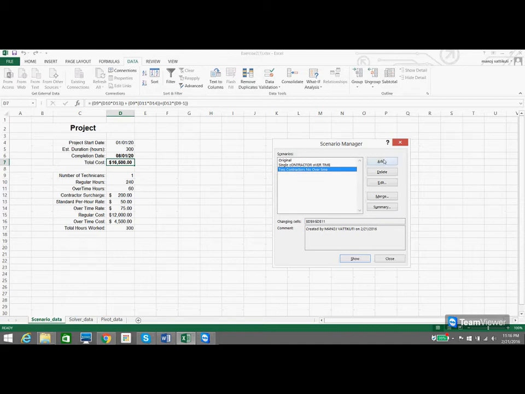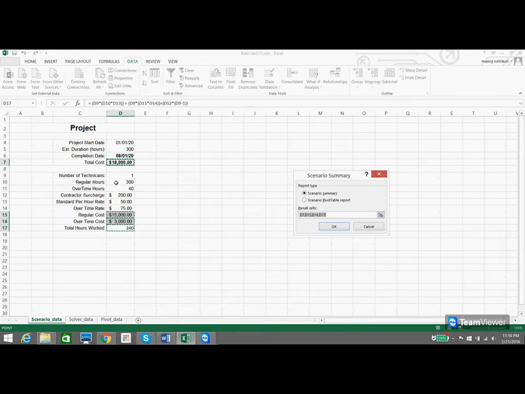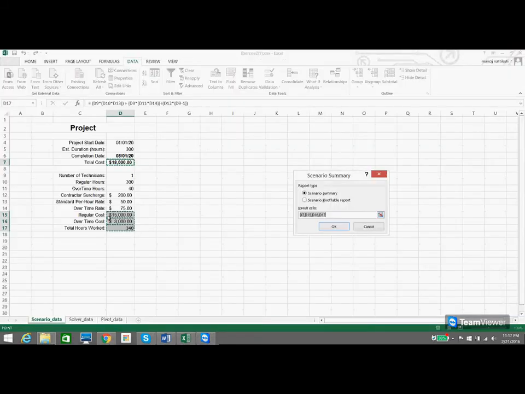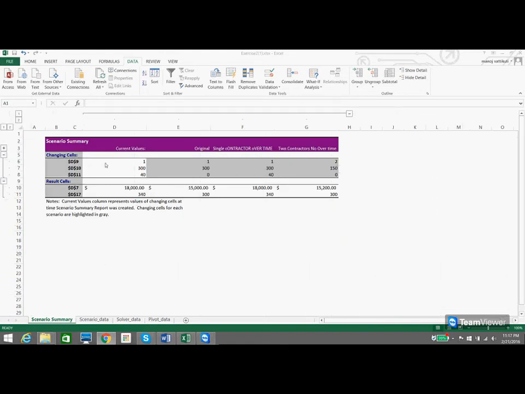Now I would like to summarize all three and show them in a particular table. If I click on Summary, I would like to get the results of the total cost and the total hours worked. So this is the value I would like to get, and this is the other value I would like to get. Clicking on OK, here you can find the changing cells, where the number of technicians is 1, the hours worked is 300, and so on. So in the result cells, I could get the values. To be more precise and accurate, I'm changing the cell names